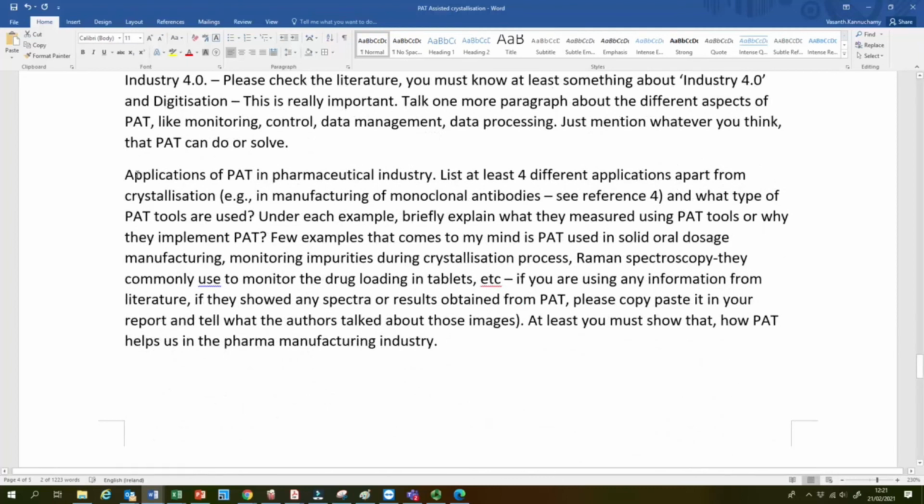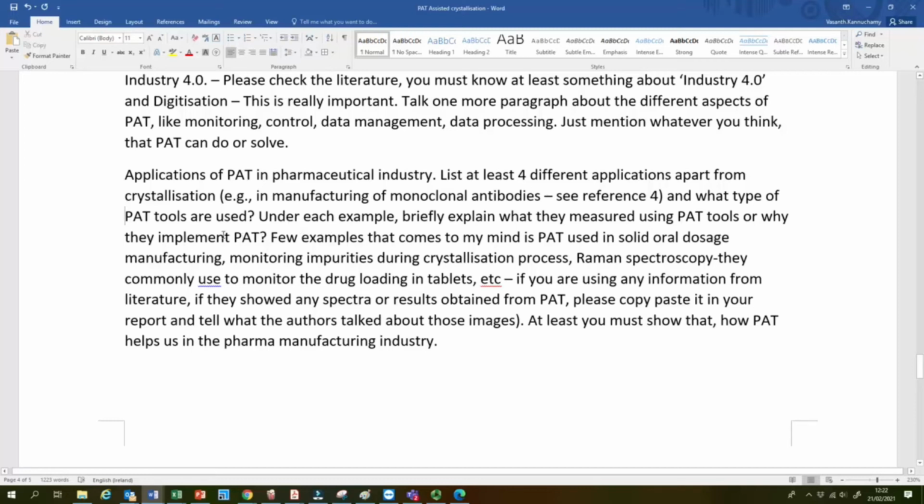So, applications of PAT in the pharmaceutical industry. Try to list at least 4 different applications apart from crystallization. You can get this very easily. For example, one is manufacturing of monoclonal antibodies. I already put the reference, and then what type of PAT tools are used in these different